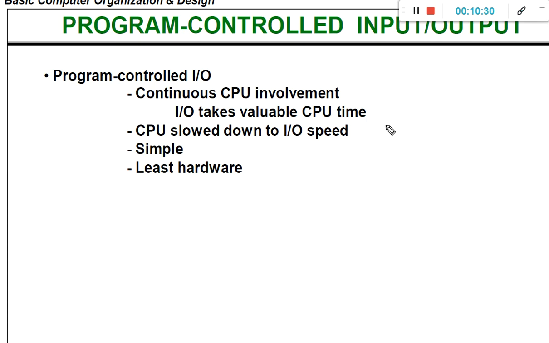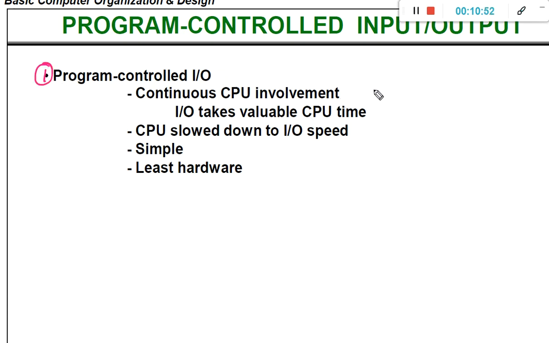Now that we have clarity on how we perform the input and output operations using the FGI and FGO flags, it is time to move to the two different categories of IO operations. The first category is program controlled IO.